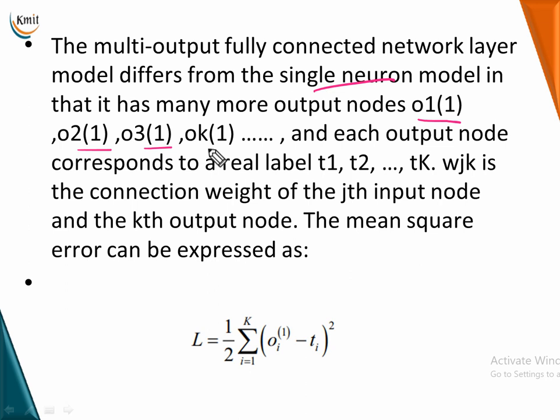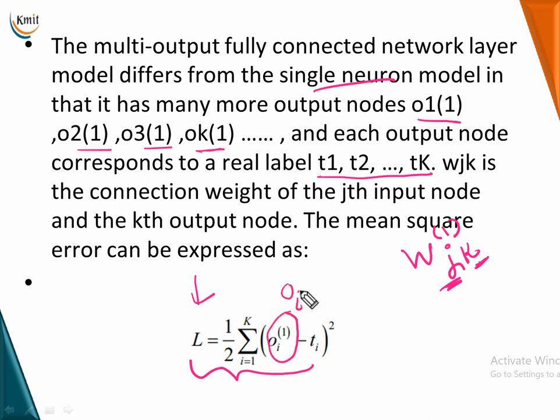So when you have multiple output nodes, that is multiple neurons, you have multiple outputs present. You always have a real label T1, T2, Tk, which I just showed you in the figure. Now the important part is, when you are generalizing this, a generalized node with J input, K output is denoted as WJK, and if I am talking about the first layer, I will write it as a superscript. That's how it works. And suppose you want to calculate the loss function, this is the way you are going to write. Of course it is the difference between O_i and t_i, taking i from 1 to K, which is the total number of output nodes for me.